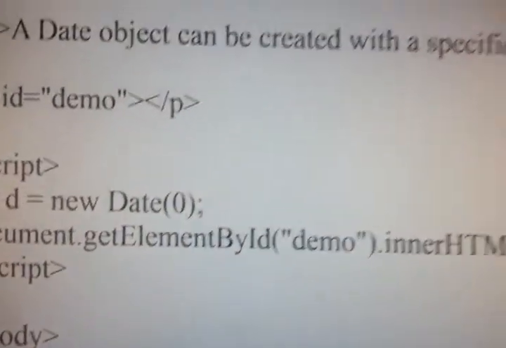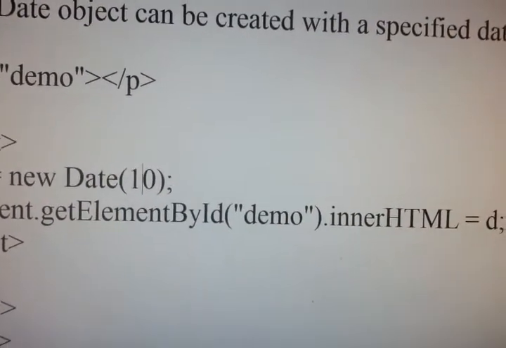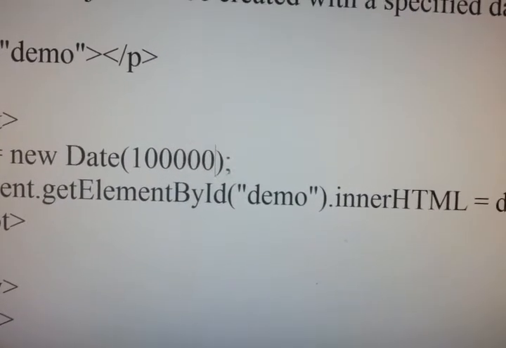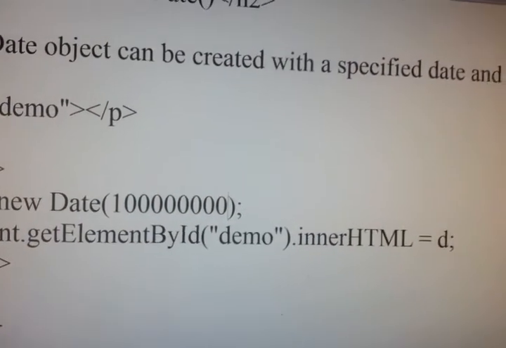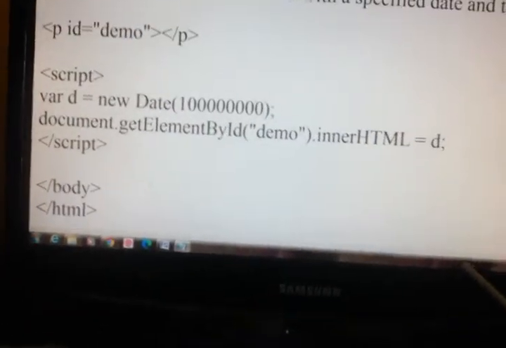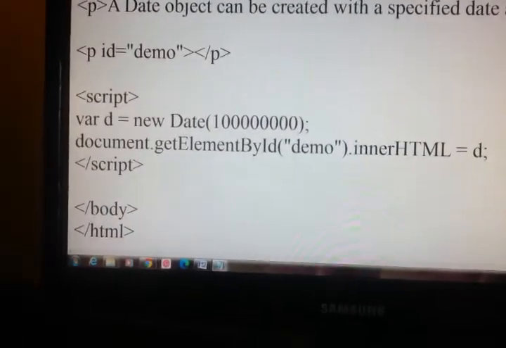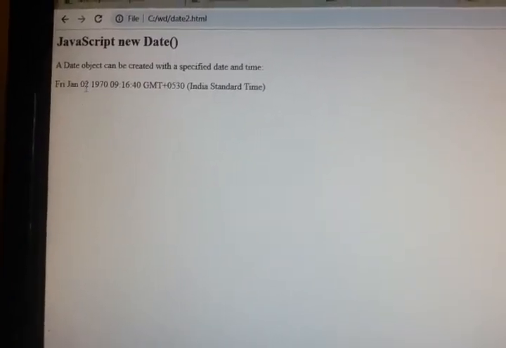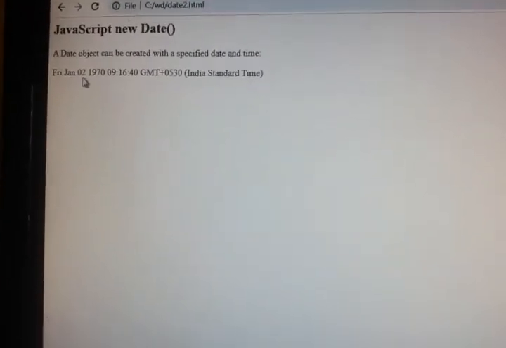So if I want more time, what do I do? I have to put in more digits, 4, 5, 6, 7, 8. So it is 1970 plus this particular milliseconds. When I save this, let's see what I will get. It has added a new date. Earlier it was Jan 1, now it is Jan 2.